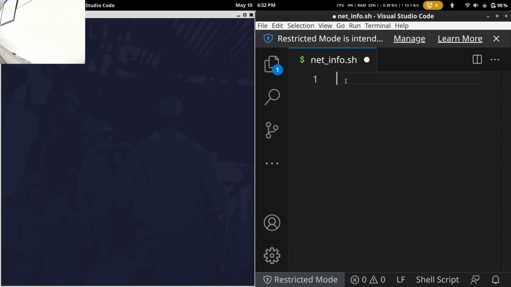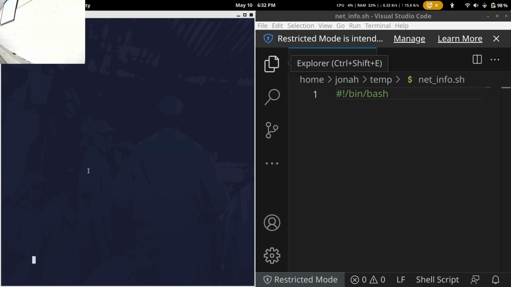Okay, let's start writing a script for it. First thing we want to do, the shebang. Let's go ahead and change the permissions on it.